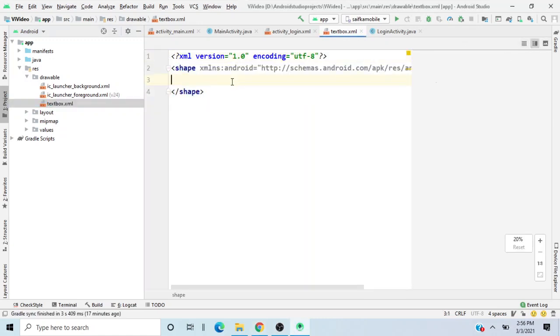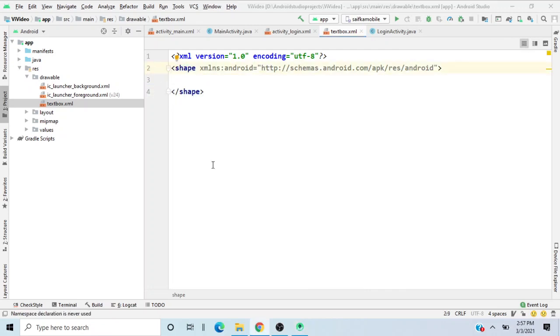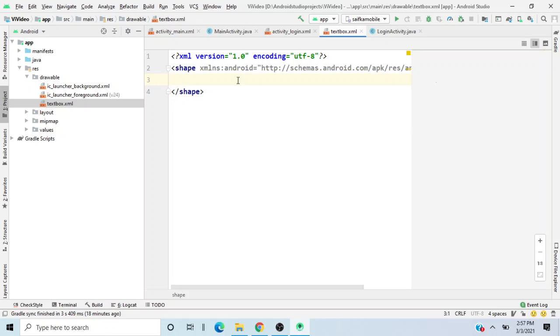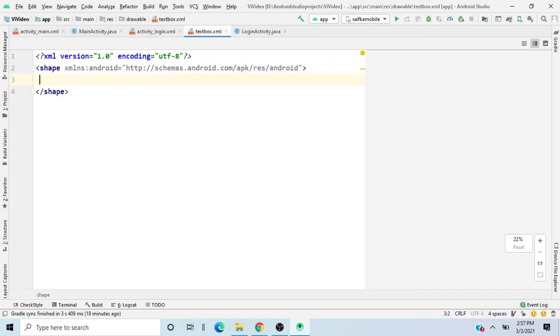this thing over here. Press this button, and now inside this thing, press the split button so that you can see the design and the code as well. Over here, let me do this thing. And over here, we will be needing a border. So over here, I will be putting a stroke,